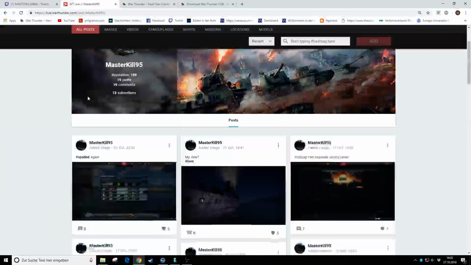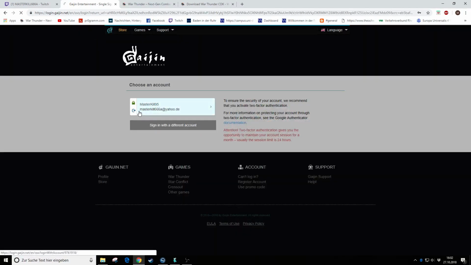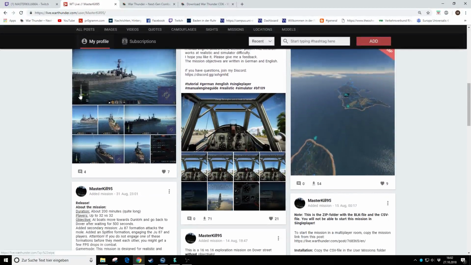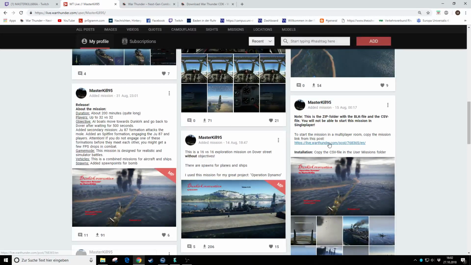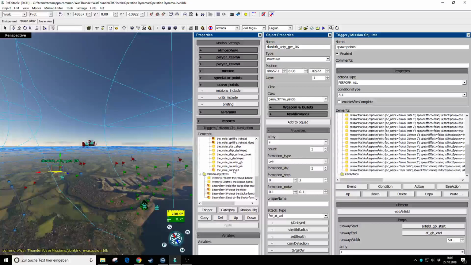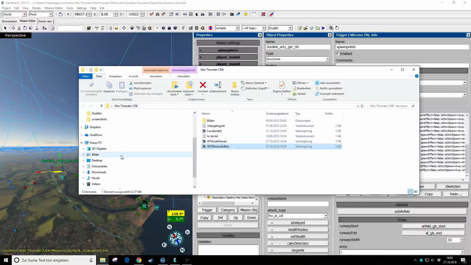So now let's go to Warzone Live. This is my profile. You can subscribe to me. Let's sign in. I got put on the blacklist, unfortunately. I don't know why. Well, this is the mission, and if you want to play this mission as it's supposed to be played, you just have to download the CSV file, which is actually located